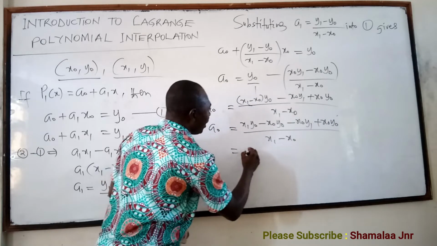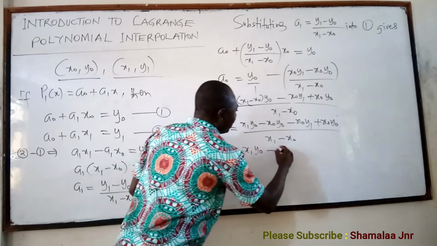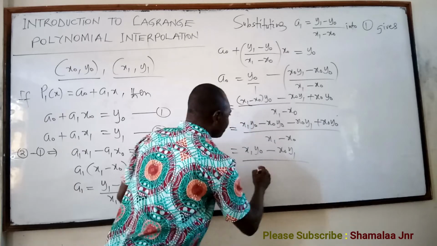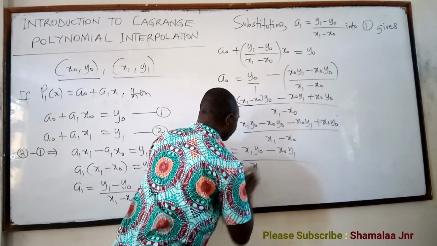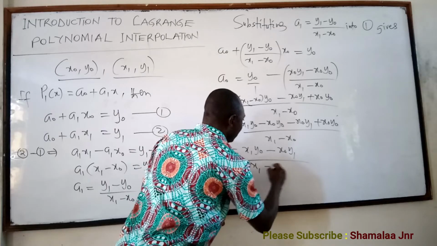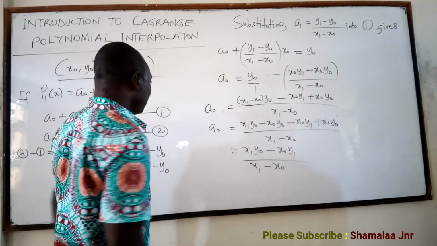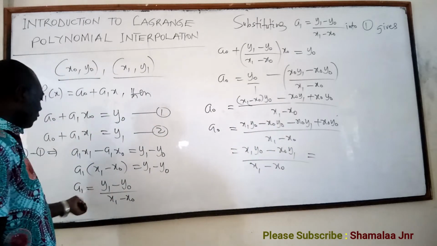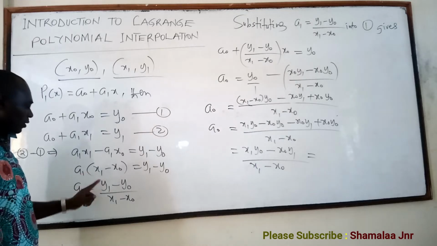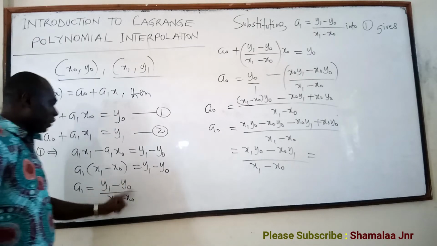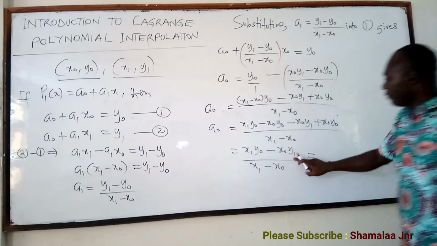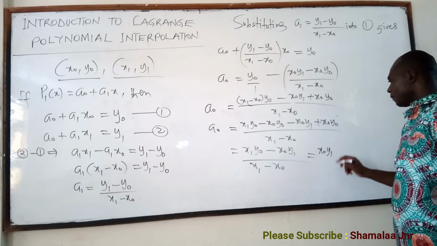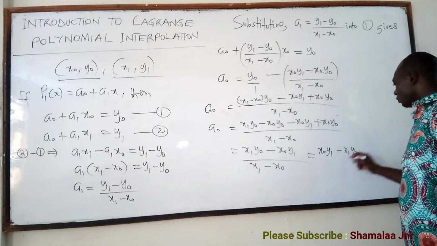So if you do that, I'm going to have x1 y0 minus s0 y1, because this is going to cancel it, all over x1 minus s0. Isn't it? Now this one is the same as, I want to write it so that it will look like this one. If you look at the a1, y1 comes first and then followed by y0. So I'm going to let y1 come first here. So this one is the same as s0 y1 minus x1 y0 all over